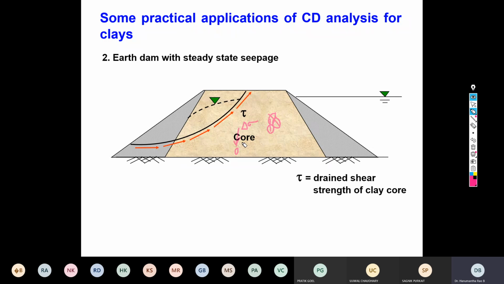But water cannot take the load. In the case of soil particles, the resistance is offered in the form of friction. But in the case of water, they don't take any load. Remember, they don't take any load. If you apply the load, initially they will try to bear it, but they will dissipate with time. When dissipating, the dissipation happens in the form of lateral pressure on the soil particles.